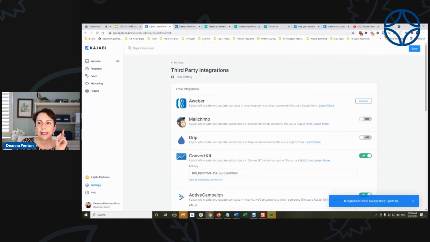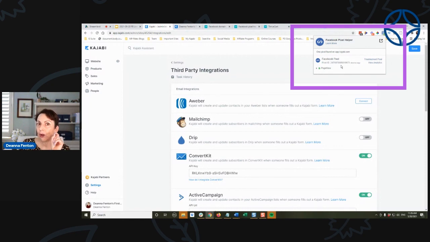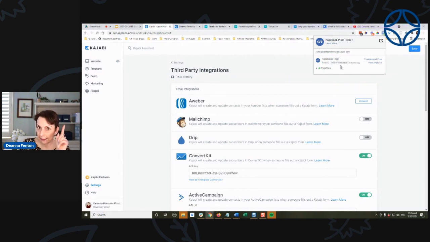This is handy. In Google Chrome, there is an extension that you can get called the Facebook Pixel Helper, and it will show you if your pixel was installed correctly, and it recognizes it, so it is going to send the data to Facebook, and it does. I've got the little green, so all is good.